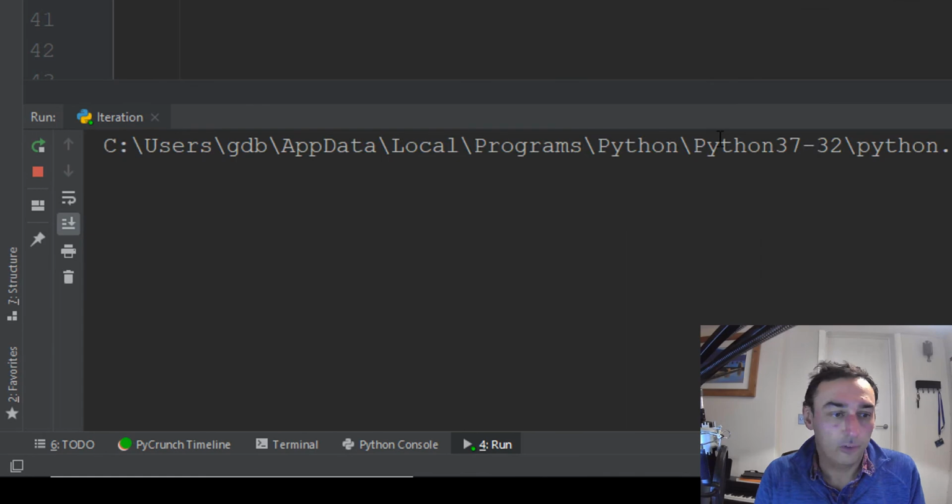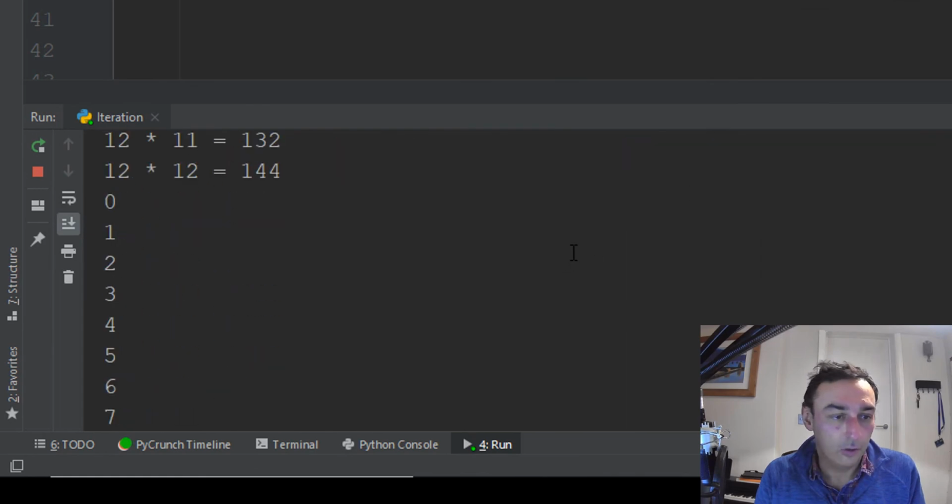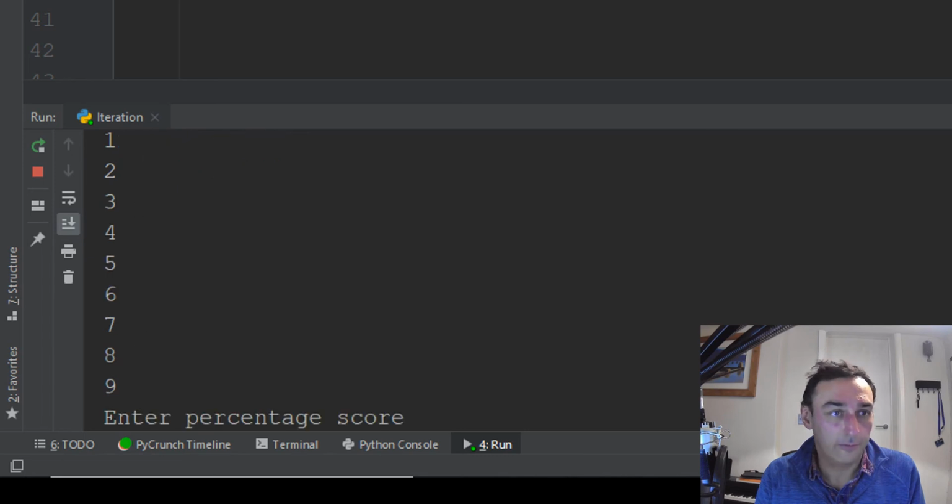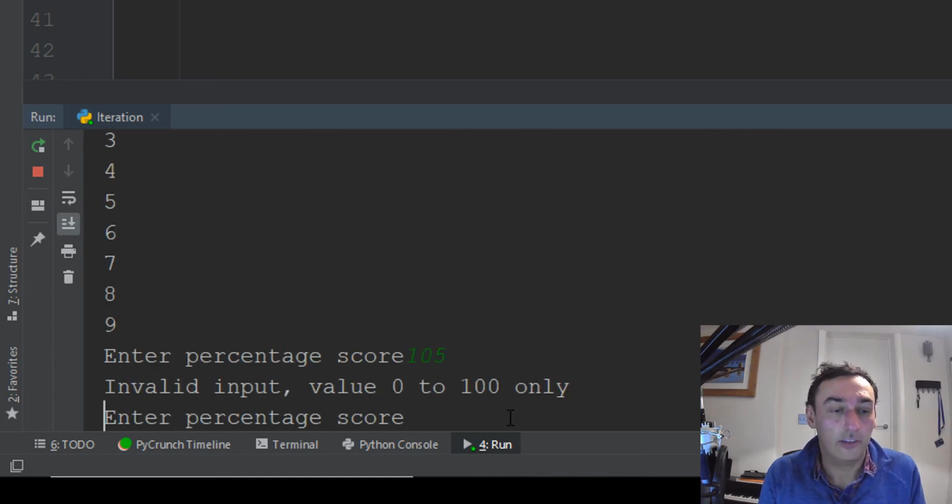So you will get down here. So that's my first while loop that counts from 0 to 9. That's that first while loop. And then this one here says enter your percentage score. So let's say I enter an illegal score, 105, which is clearly outside the range 0 to 100. I press enter, and it says no, it's not a valid entry, so it outputs invalid entry,